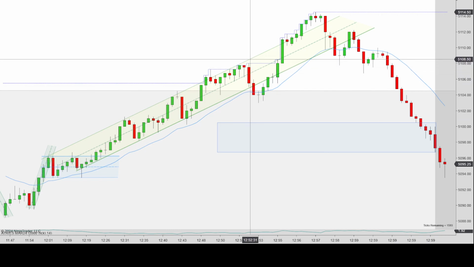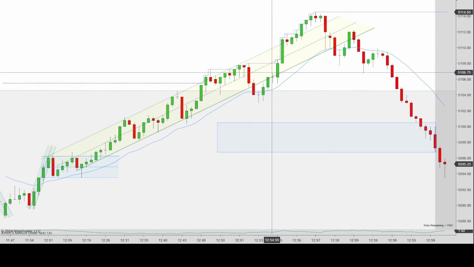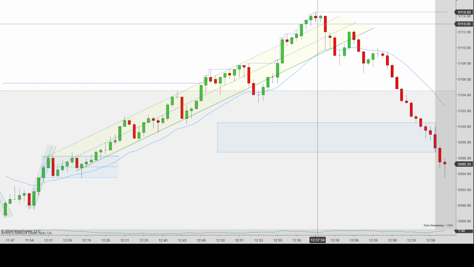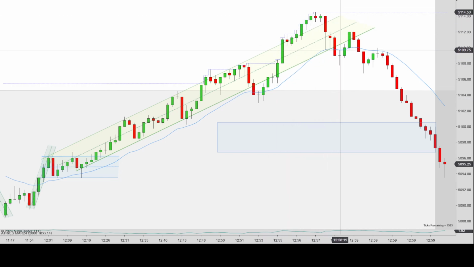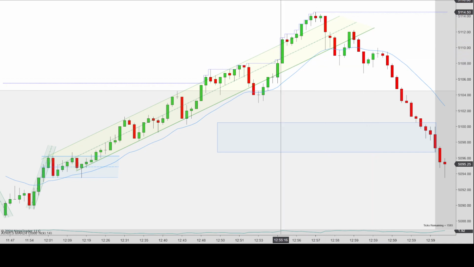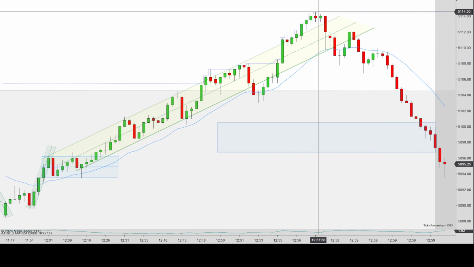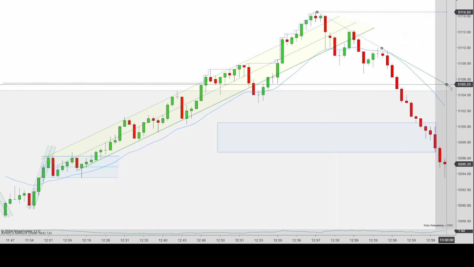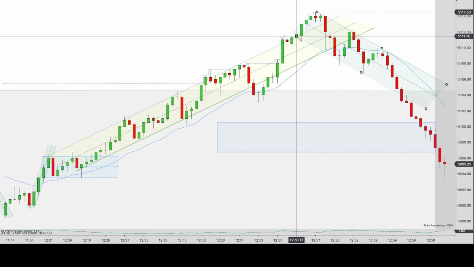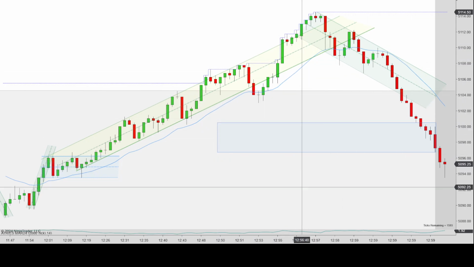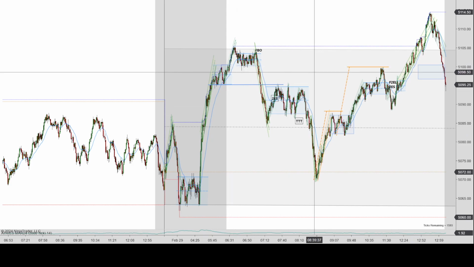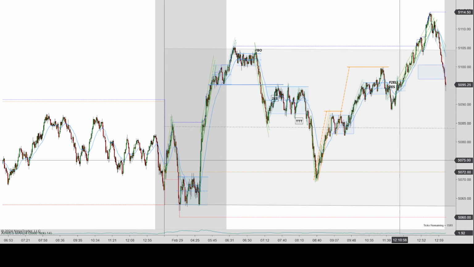There could be clean setups because I did see this first entry long. You don't quite have a second entry long, which is up. You have an overshoot. You have a first entry long, potentially a second entry long, but it's below the EMA. Nothing really clean. It's just very choppy. These candles are printing really quickly with respect to its usual price action. As I said, this is just 10 minutes, as opposed to this, which is the whole day. This is the rest of the 6 hours and 20 minutes.